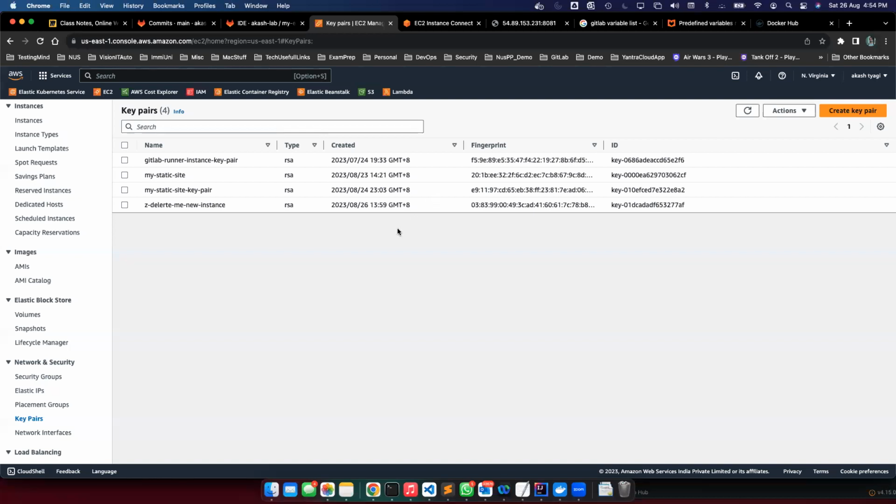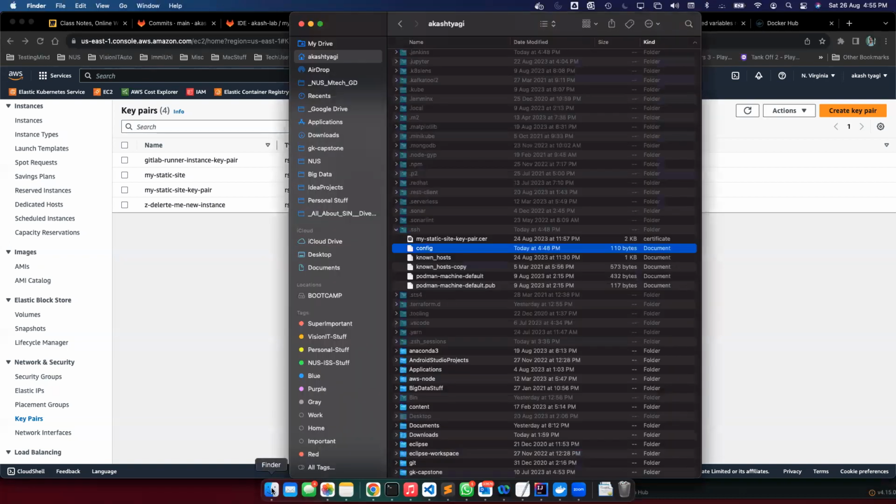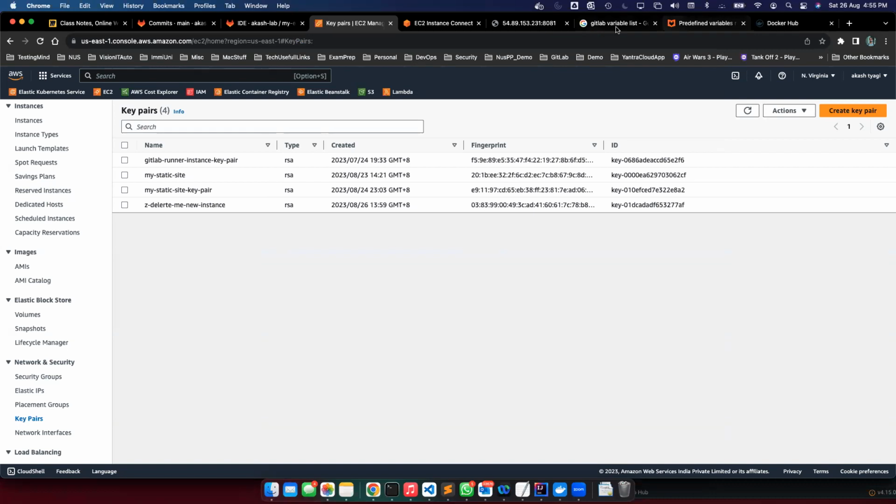So once I downloaded, there were two keys in combination. One was the private key, the second was the public key. The public key was saved in my EC2 instance. So my EC2 instance stores the public key, and the private key is with me. So this is the private key which I have. Okay, so this is where I have my private key installed, and this is also what I have saved in my GitLab